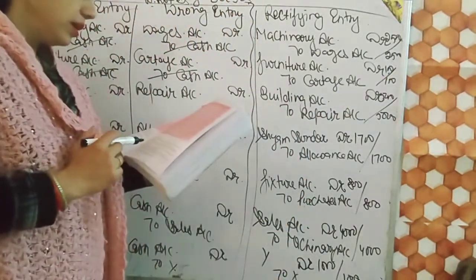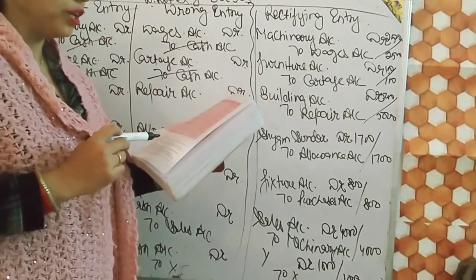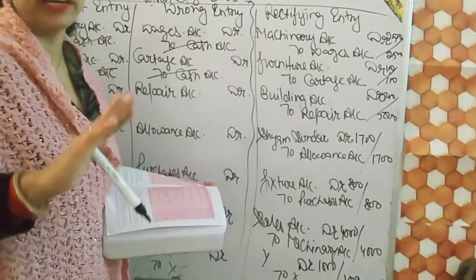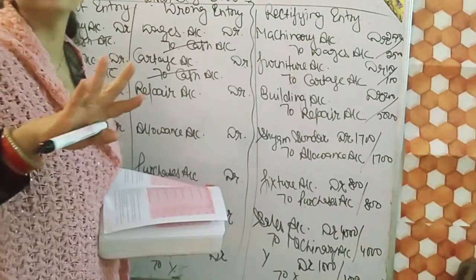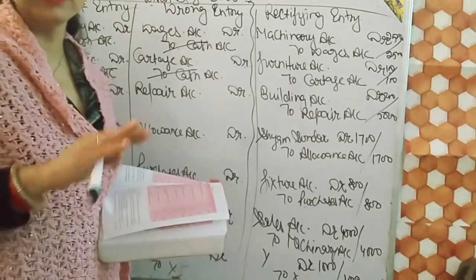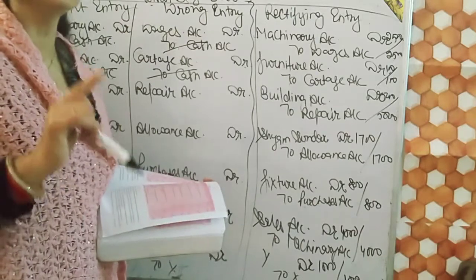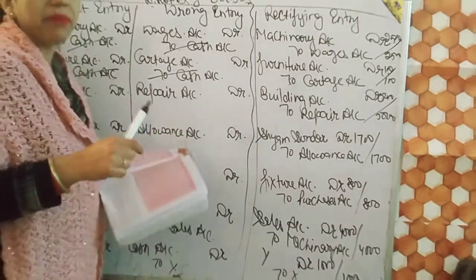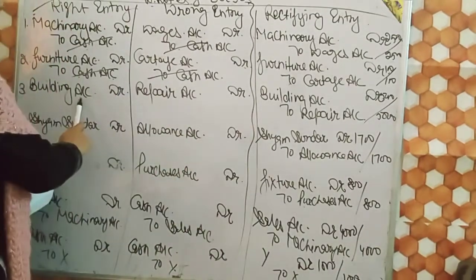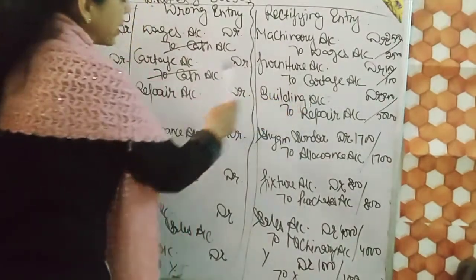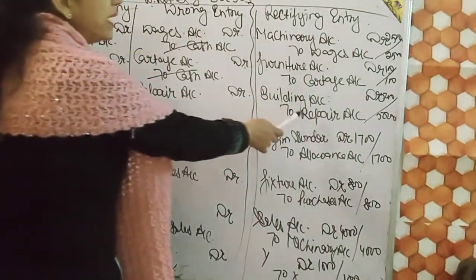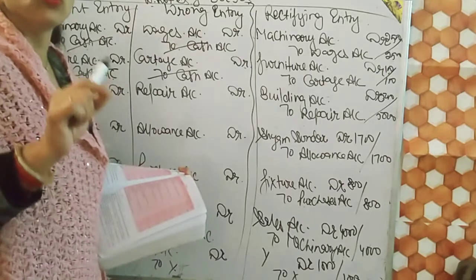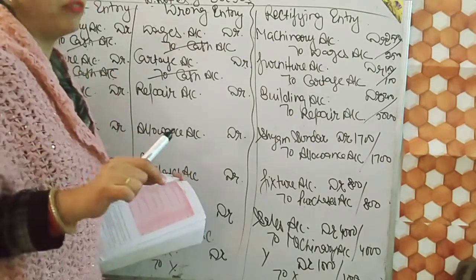Next we have a builder's bill of 5,000 for erection of a small cycle shed. Keep it in mind, whenever you put up a shed, a roof, whether it is of cement, iron or tin, it doesn't matter. It is called building. So building should be debited. But by mistake, we debited repair account. So the rectifying entry will be building account debit, and repair, which was wrongly debited, should be credited. Building account debit to repair. The narration will be: amount wrongly debited to repair, now rectified.